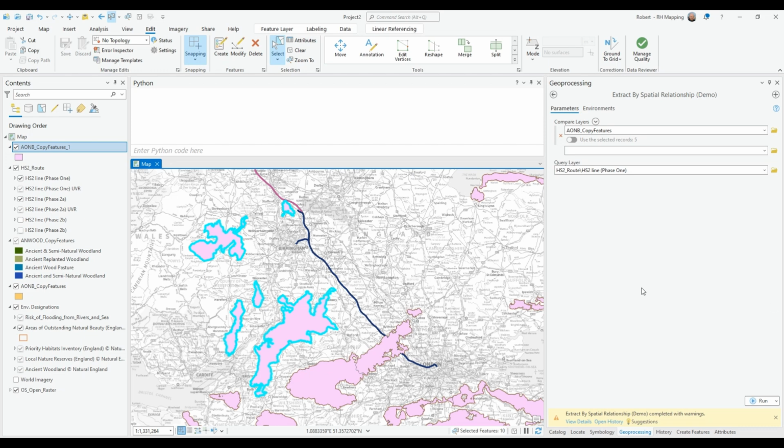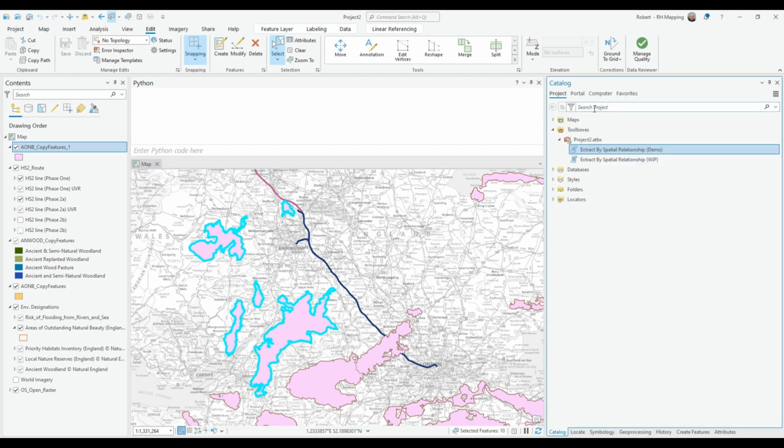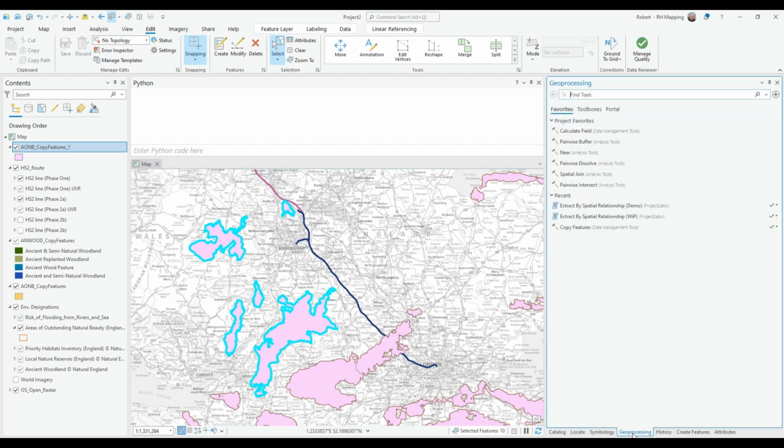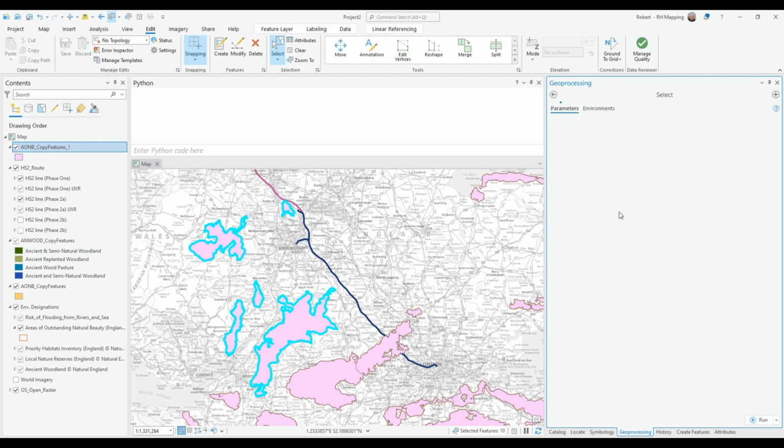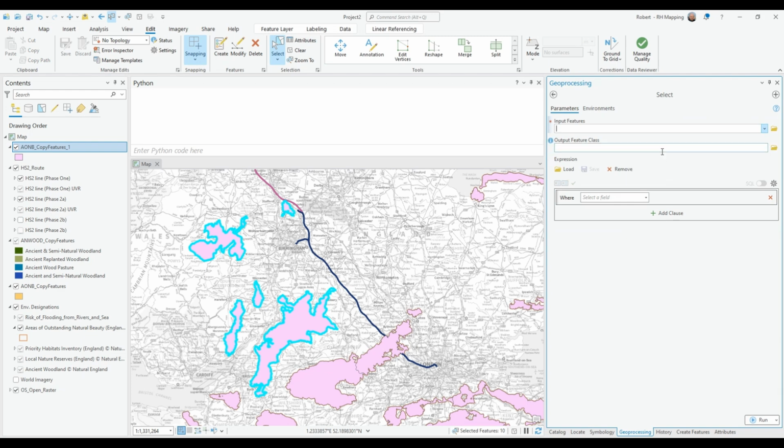And yeah, as I say, it's caused a little bit of consternation for one or two people. How could we get around this? Well, we could use select analysis. That's one way of getting around it, but that would need us to be using a SQL query. So if we use select analysis,